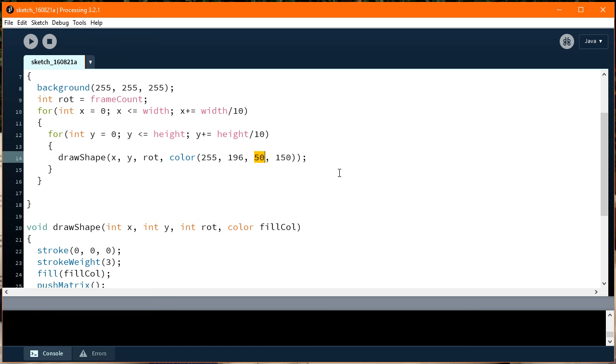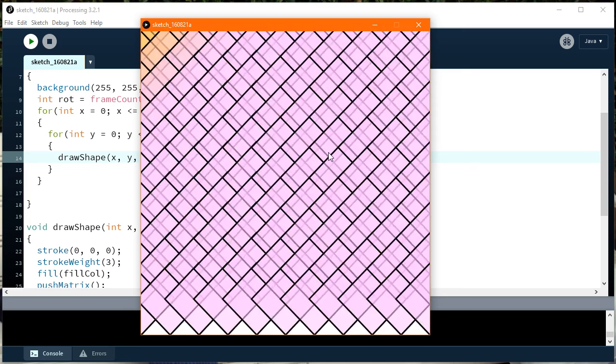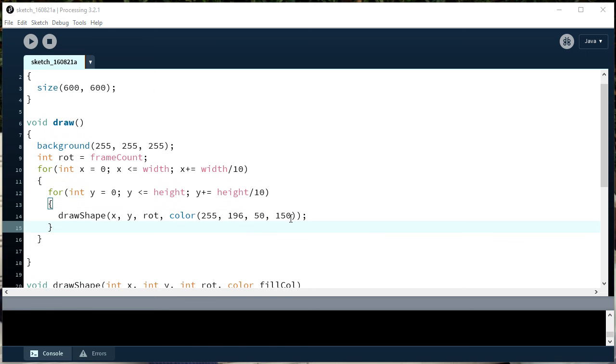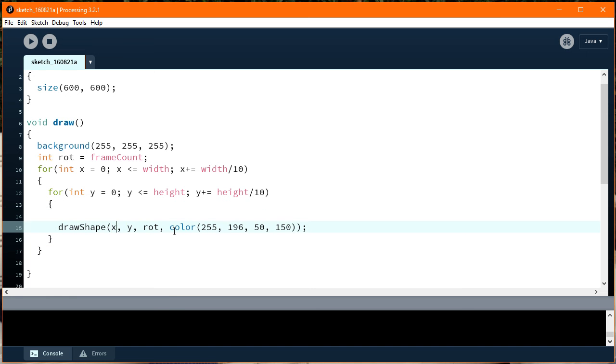So we could do something very simple like X plus Y, but it's just to show you that you get a little bit of a gradient, though not much in this case. Or you could, let me just show you a trick. If we were to take the draw shape command and instead of passing in color with these values, we could actually pass in values for the colors which were based on the X and Y and rotation values, just as a trick. So we'll pass in R, comma G, comma B, and we'll make R